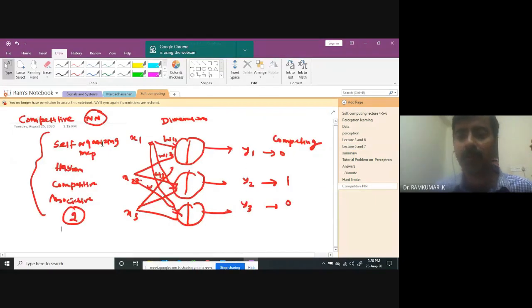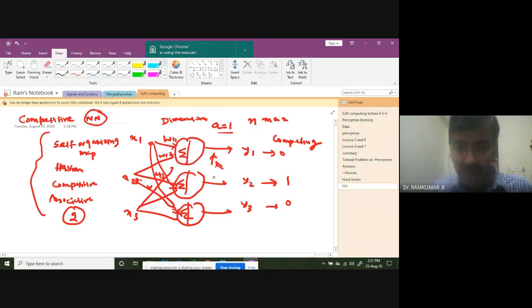What do I really mean? A is equal to 1 for a particular neuron with the maximum. Out of these 3 neurons, after taking the summation, one of the summations will be at the maximum. Whichever particular neuron enjoys that maximum value will give a value of 1. That's what I mean. And the rest of the values will become 0.